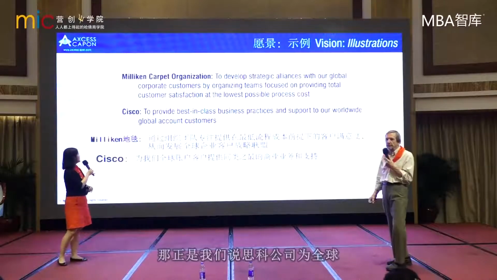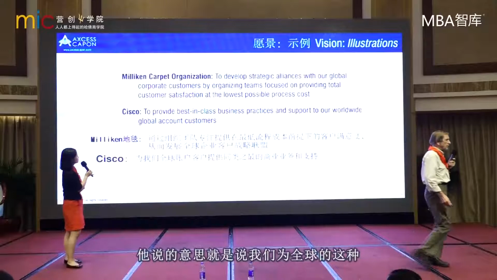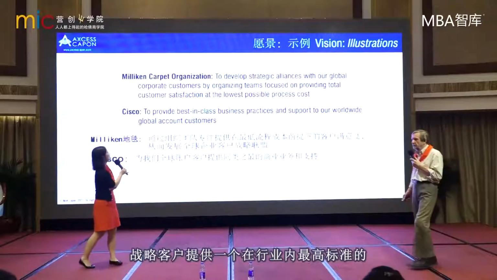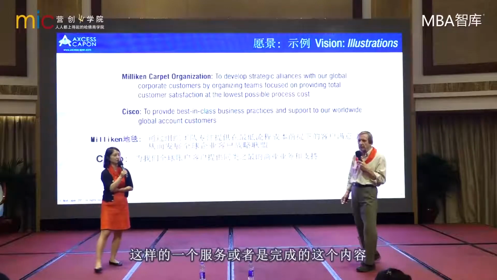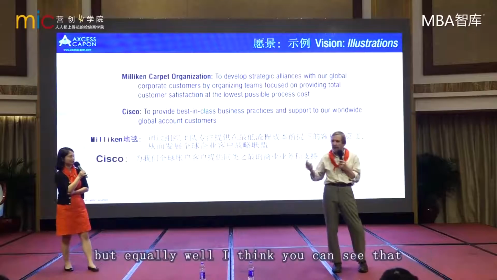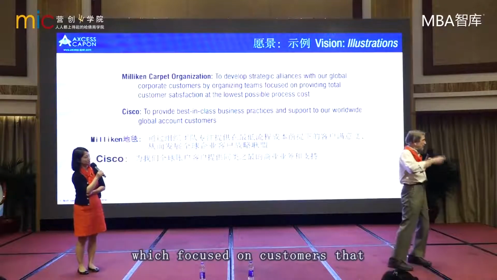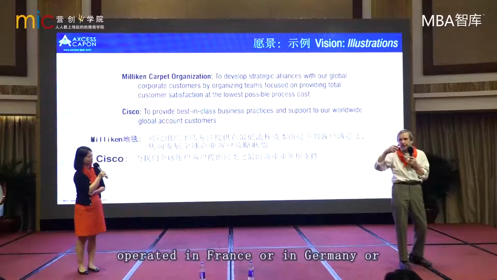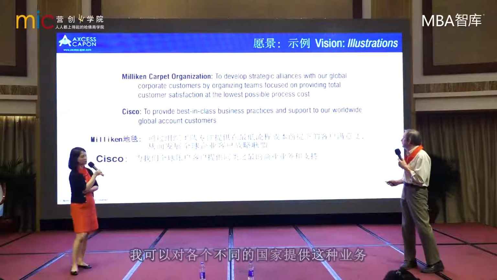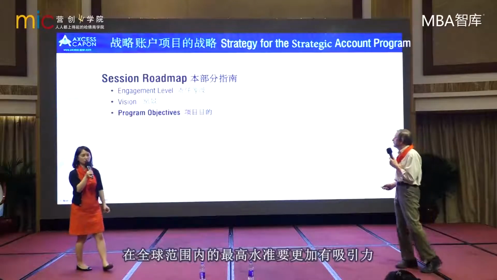This is another one for Cisco to provide best-in-class business practice and support for our worldwide global account customers. 那这是我们说思科公司为全球它的战略客户提供的这样的一个愿景。他说的意思就是说，我们为全球的战略客户啊，提供一个在行业内最高标准的服务。That's another one which happens to be global, but equally well, I think you can see that we could develop vision statements which focused on customers that operated in single countries, that operated in France, or in Germany, or in the Philippines, or in China. 他们当然也可以说，我可以对各个不同的国家提供这种业务，但是显然没有我们说在全球范围内的最高水准要更加有吸引力。